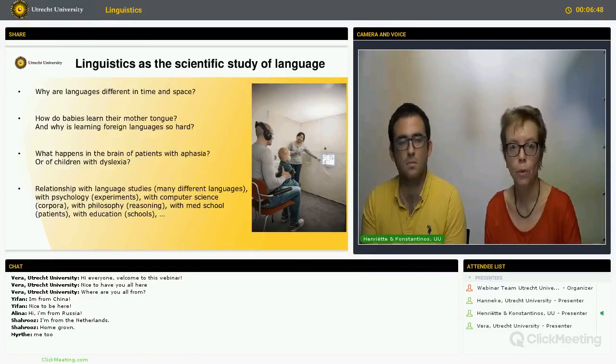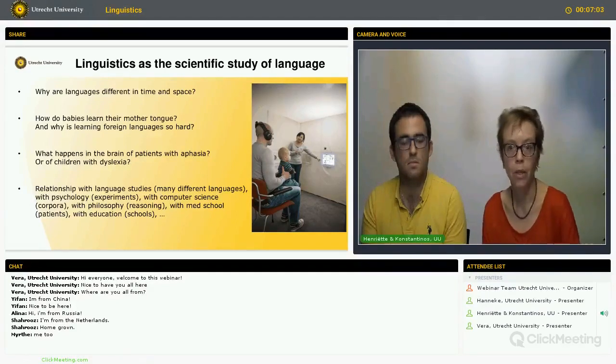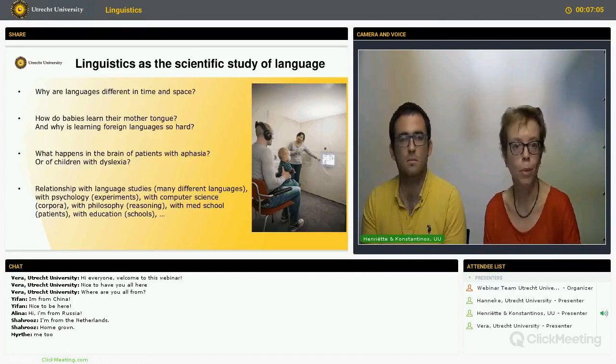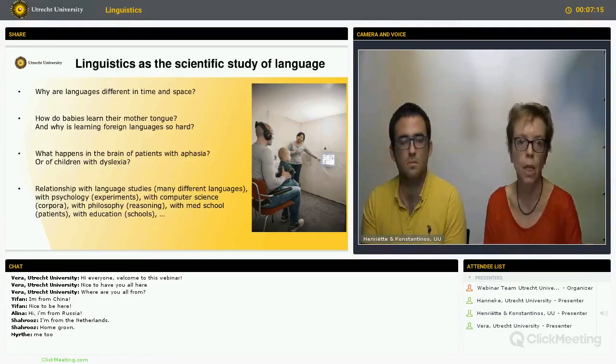And that means that we have an interaction with many different domains. Obviously, we have a relationship with language studies because we study many different languages, but also with the communication department because we study language in daily use, with psychology because we carry out experiments in our beautiful lab at the Utrecht Institute of Linguistics, but also with computer science because we work with large databases, large corpora from different languages, different language stages.